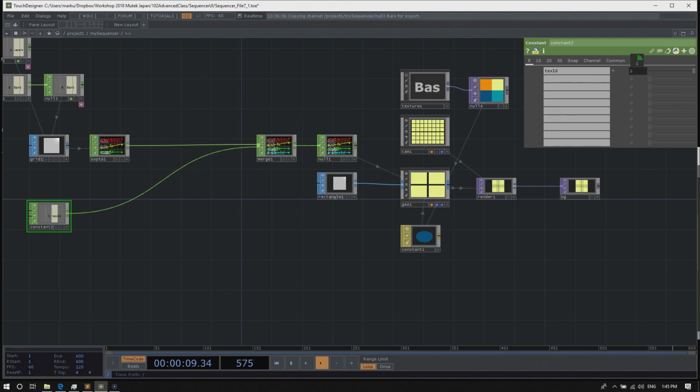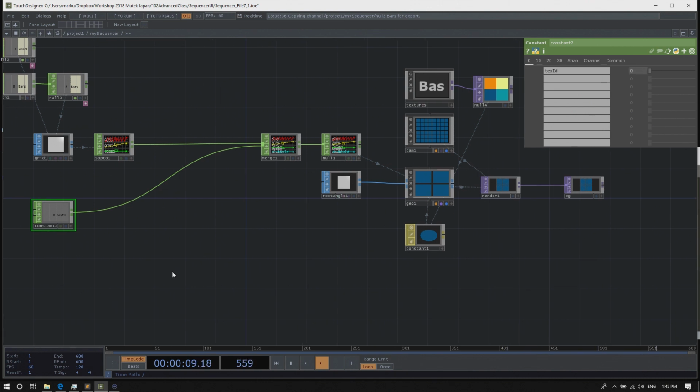You can now see how I can cycle through the textures in the 2D texture array. Now, if we want to use this constant CHOP to control the rollover behavior, we can imagine that my mouse can only be over one rectangle, and that rectangle has an ID, a number. So we could feed this ID into this constant CHOP.